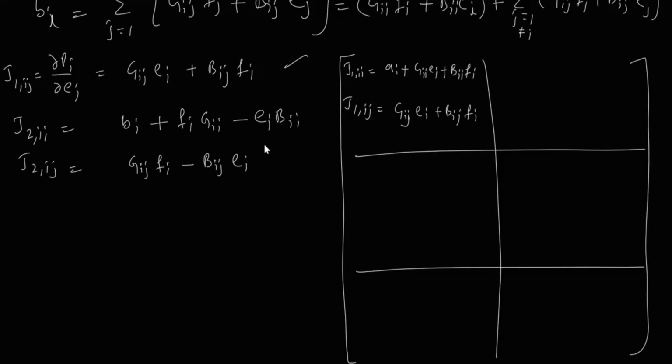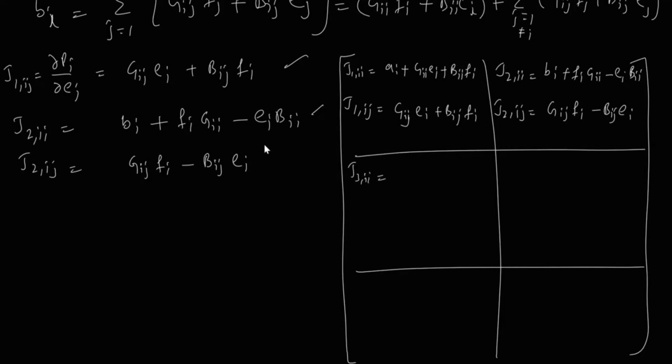Okay, and J2II is equal to BI plus FI GII minus EI BII, and J2I comma J is equal to GIJ FI minus BIJ EI, and